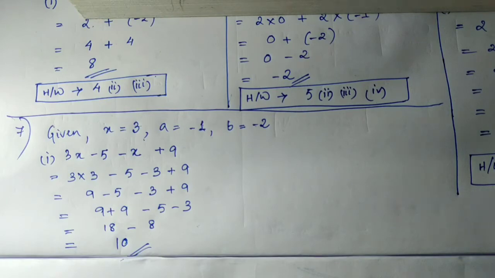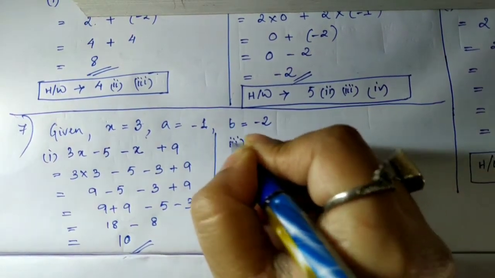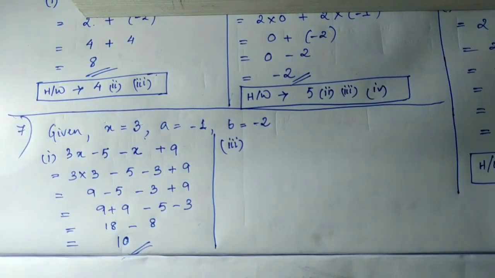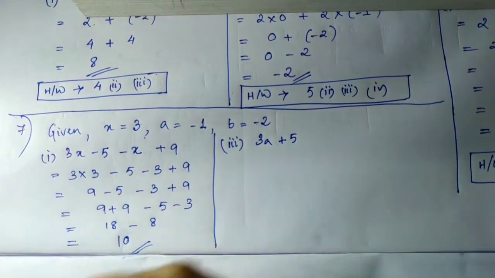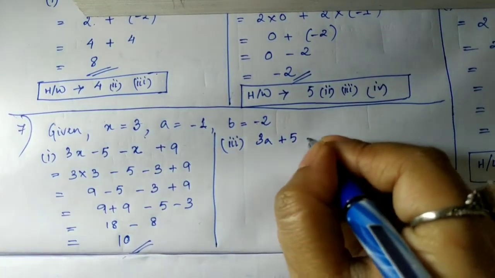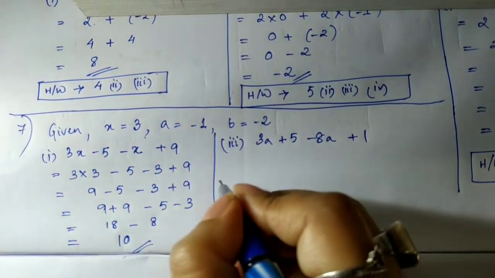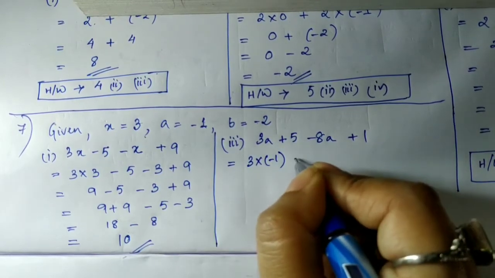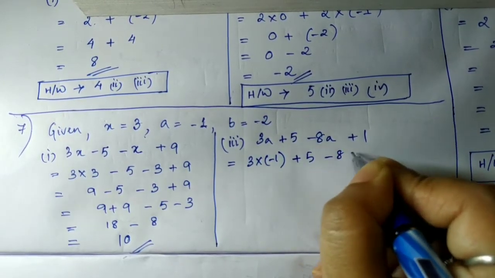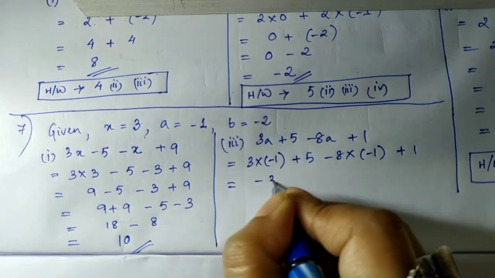Okay, you can do it the same way for question number 3 also. I'll just show number 3 here. In number 3, the expression is 3a plus 5 minus 8a plus 1. So here a is how much? Minus 1. So you put minus 1 in place of a. 5 minus 8 into minus 1 plus 1. So minus 3 plus 5